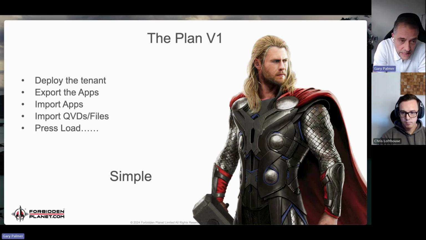When we got to that point, we decided to look at our on-prem settings and thought, right, plan one is quite straightforward. You can go to the QMC, you log in there, you've got a list of all your apps, you can export all those apps from the QMC, that's quite straightforward. You end up with all your QVF files coming out, and then you can just import those into your tenant. So the logic of what we were seeing here: export the apps, import those apps into Qlik Cloud, open those apps in Qlik Cloud, and then go, right, where are all the source apps of the scripts within the script editor of each app?